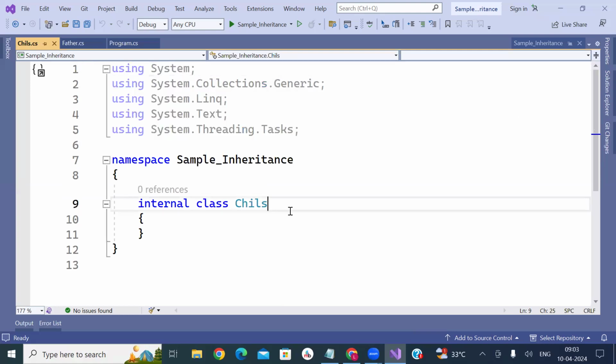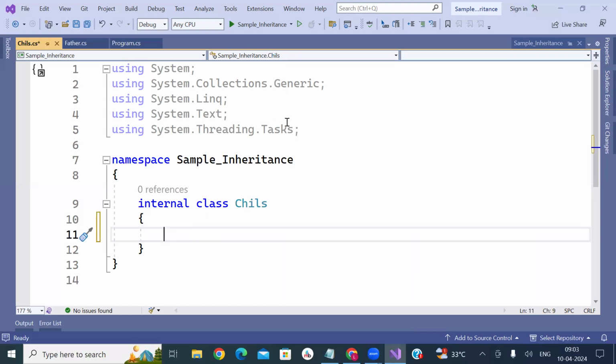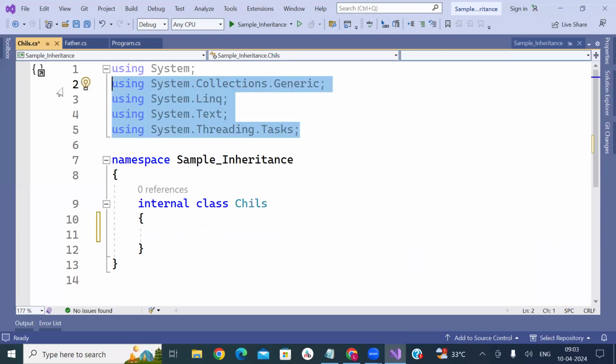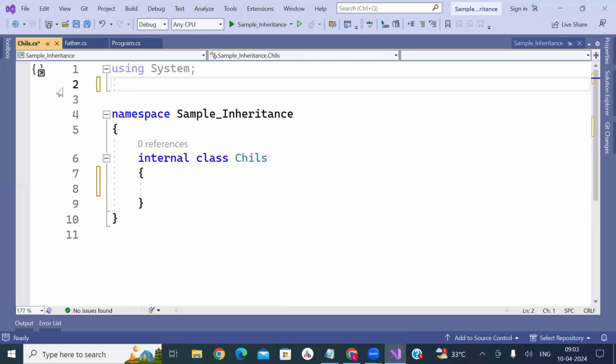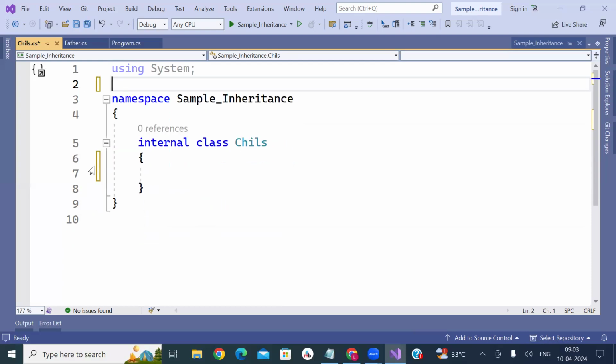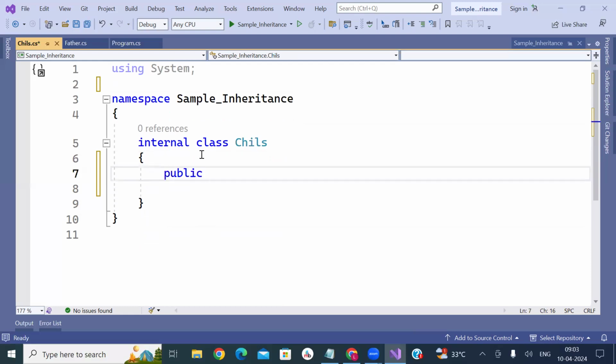Now in the child class, public void display is a method.